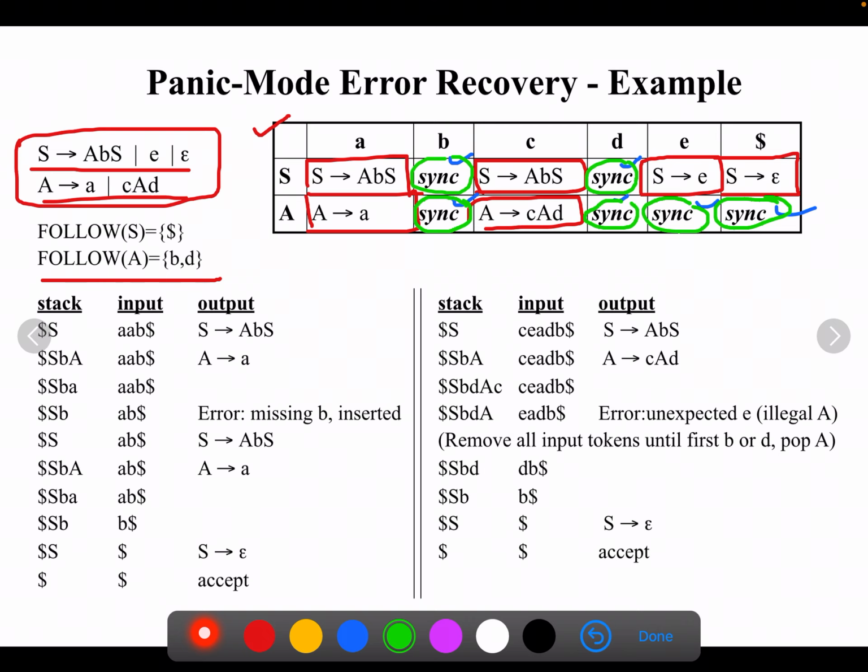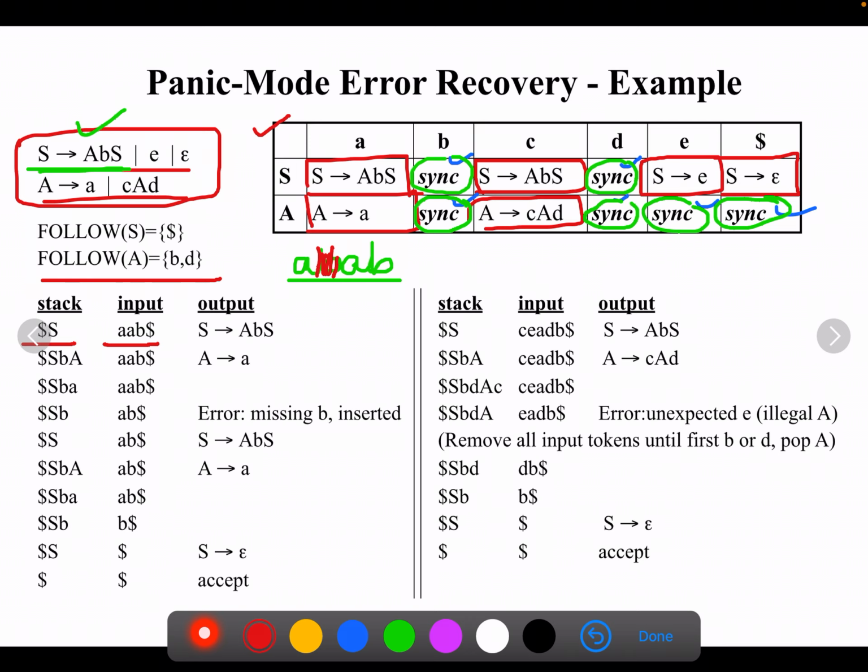How does the parser continue with the parsing even when the string is not valid? Let me take a valid string first from the given grammar. As per the given grammar, it has to generate AB. So you look at the grammar and see that this is a valid string. Now, we are going to pass only AAB as my input string. Here B is missing. So if that is the case, how exactly is this parser going to parse the string, and in case of mistakes or errors, how is it recovered?